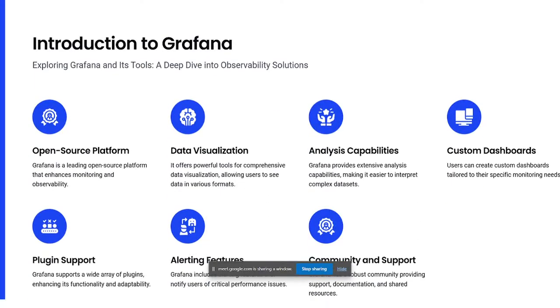Grafana is an open source platform that everyone can use and access, and it is mostly used for monitoring and observability. It is used mostly for data visualization, and through SQL we can visualize the data. It also analyzes the given data. It also gives custom dashboards where we can edit and change the dashboards as per our need, and it supports